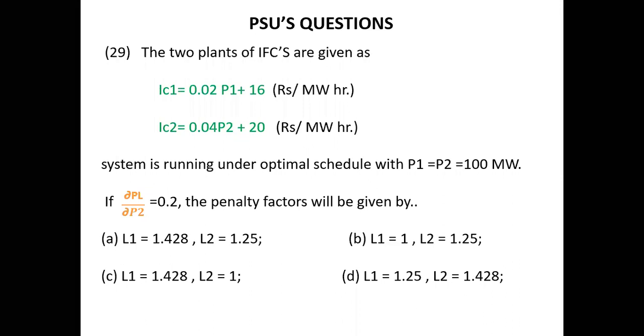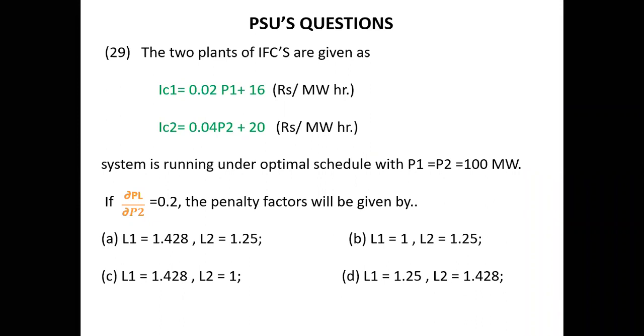I already told you that for solving this problem, don't use your calculator, pen and book. By seeing this problem, definitely you can pick one correct answer. What would be the correct answer? We know the L2 value is given by 1.25. And when you see the given options, L2 equal to 1.25 is present in two options, A and B. Then what would be the correct answer? It is A or B.